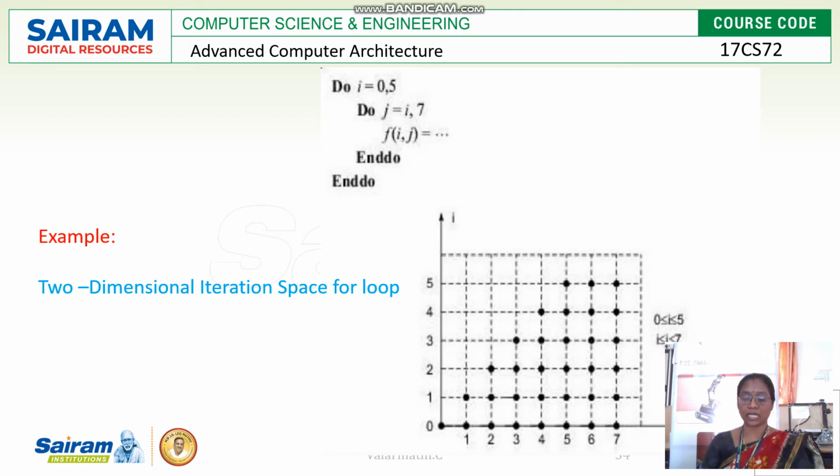So after that, it will retain the value of i equal to 5, but the j value in the inner loop will keep executing to reach its maximum limit. What is the maximum limit of j? 7. So after the fifth point, it will execute 2 more times to reach 7. At that time, the value of i will remain 5, but the j value will be incremented from 6 to 7. So that is what is drawn here.